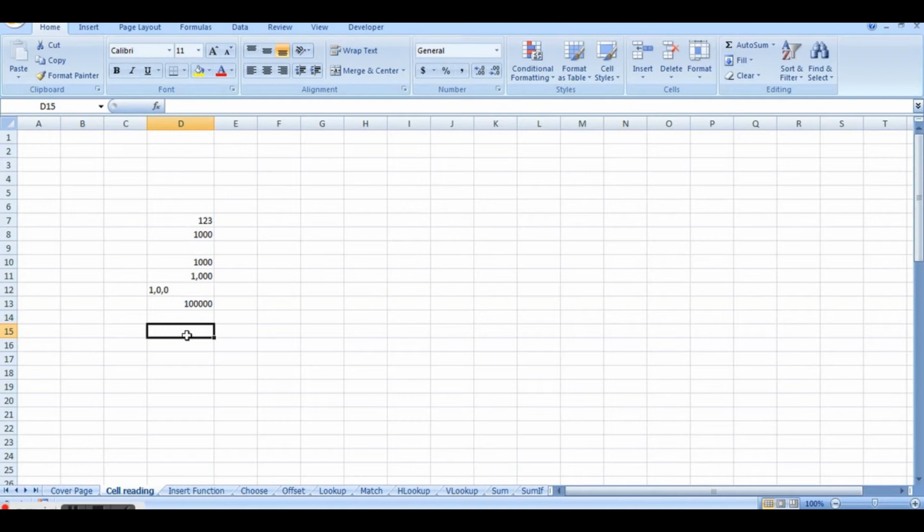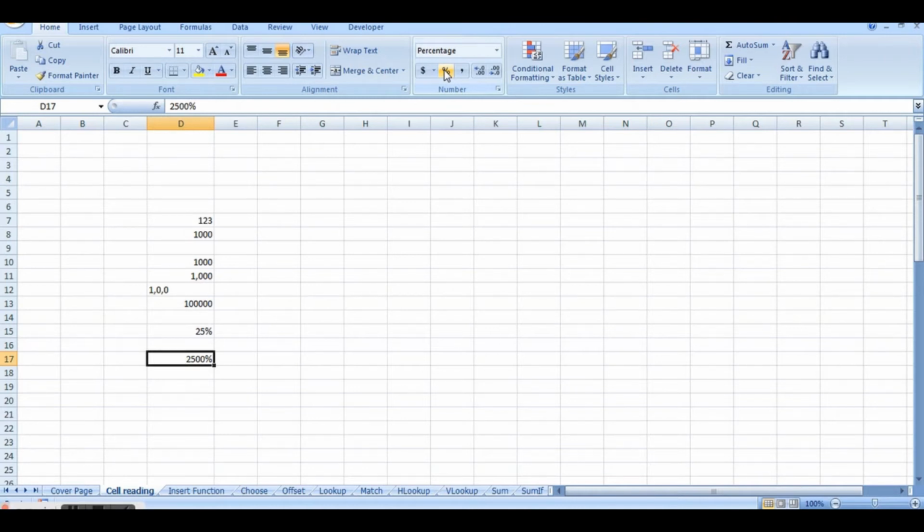If I want some number to be expressed in terms of percentage, now when I write 0.25, it actually means 25%. But when I write 0.25 and want to express it in terms of percentage, there's a button next to the comma style called percentage style. I simply have to press that button and it will convert my number into percentage. But if I write 25 and then convert it into percentage, it will show 2500 percent.